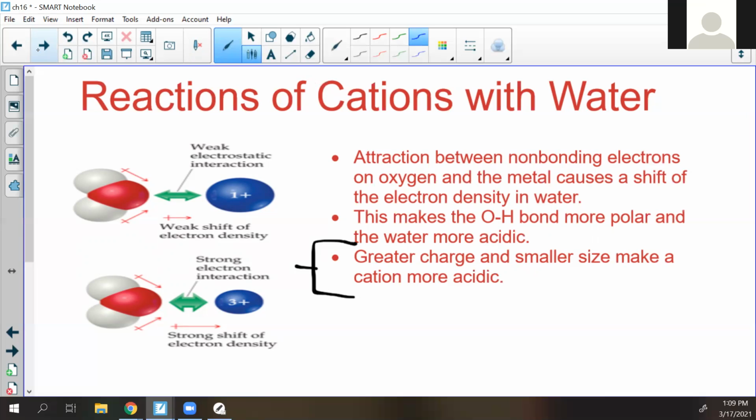Okay. Now, an attraction between non-bonding electrons. It wasn't entertaining. You were hoping